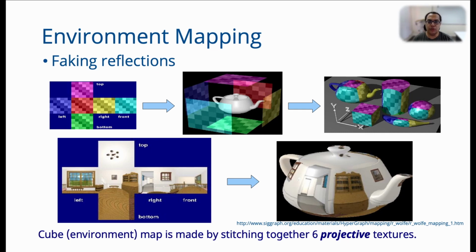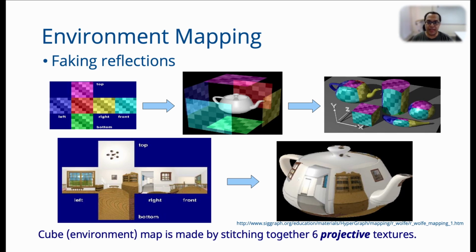Similarly, you can use a cube to represent the environment. We have also mentioned this earlier that you can use a cube as an environment map, and it is called a skybox at times when it is used to give a view of the surrounding skyline and the sky around a certain scene, right? And the textures are mapped onto the sides of a bounding cube.